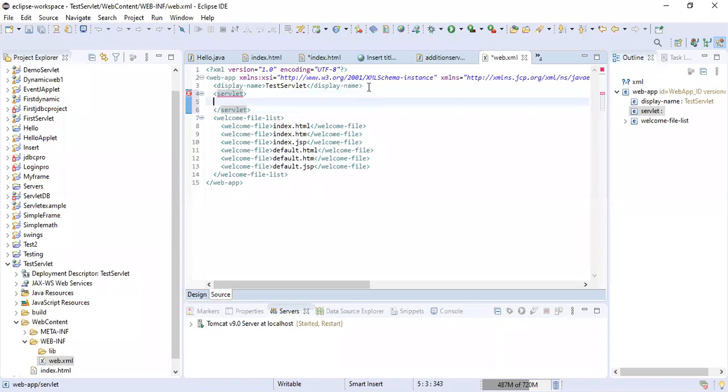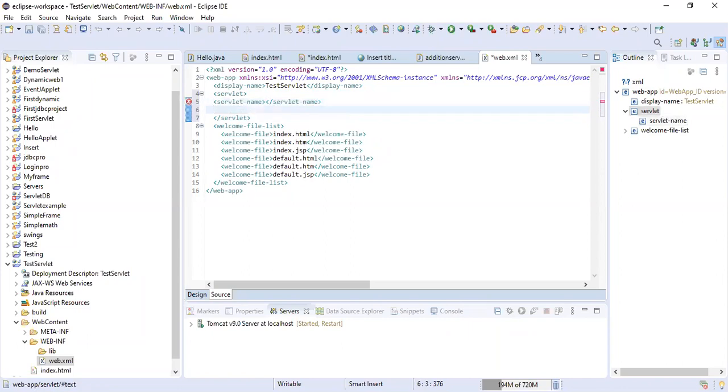Inside the servlet tag, I need two subtags. The first is servlet name, and the second one is servlet class.